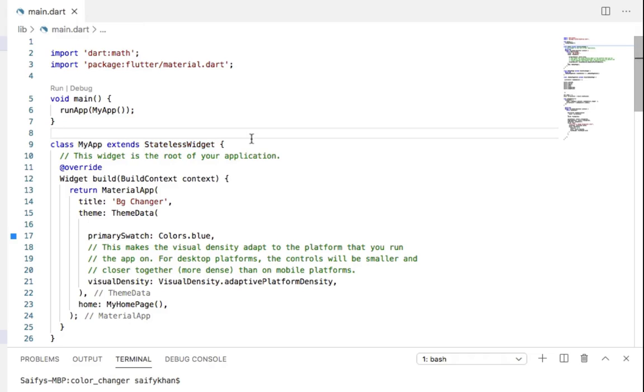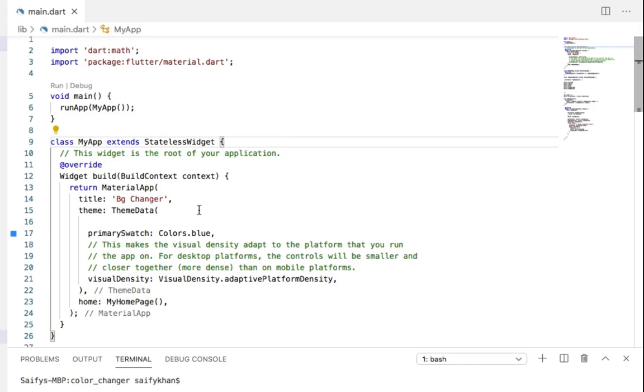I will tell you something. In Dart programming language, or in Flutter, everything is a widget. Button is a widget, a class is a widget, a function is a widget. Everything is considered in Flutter as a widget. Okay, so keep that point in your mind.